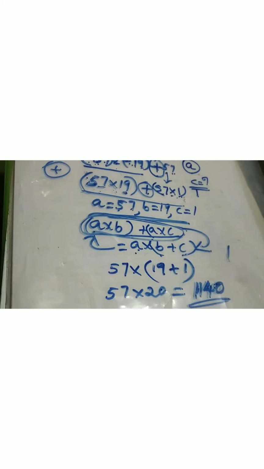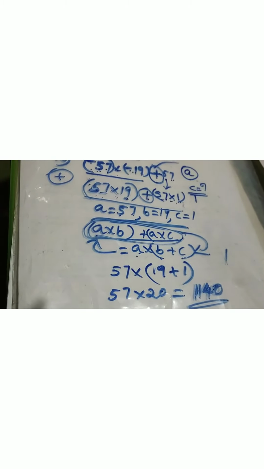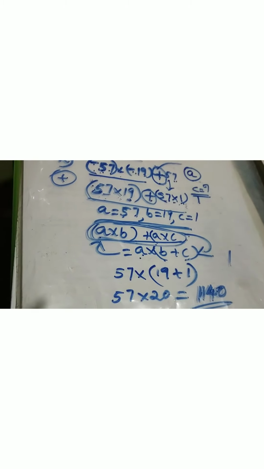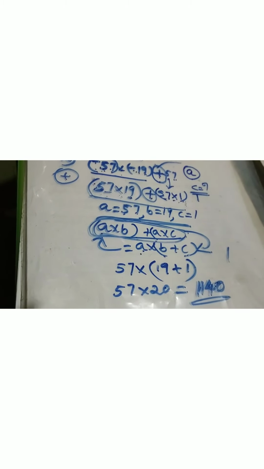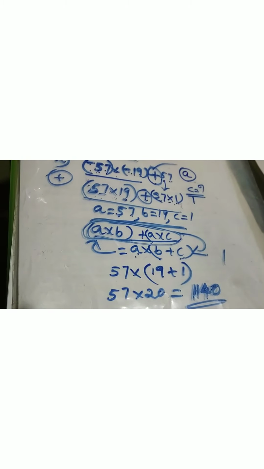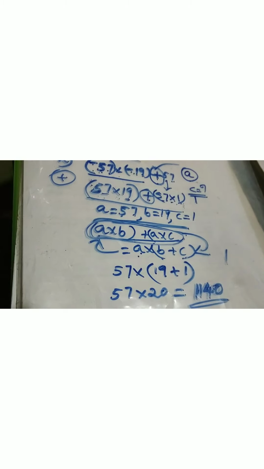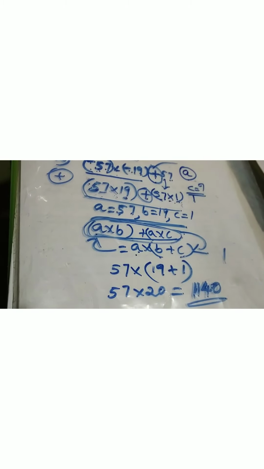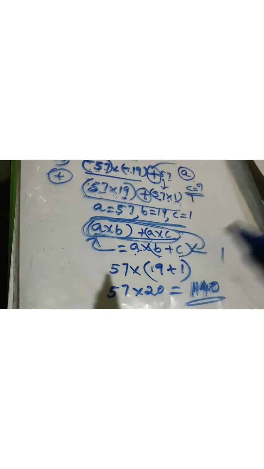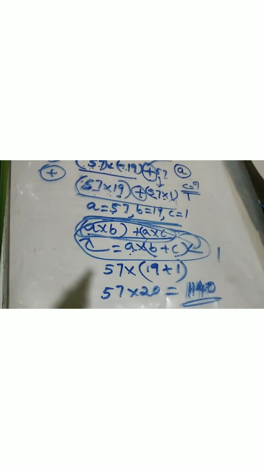Just we have to think about the distributive property and think about the relation between numbers, and here we have to apply the multiplication laws of sign, that is integers. Okay. Then we have to think about distributive property form, that is A into B plus A into C equal to A into B plus C. Don't forget this one. Okay.